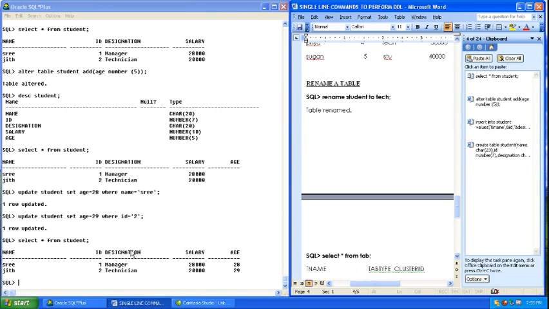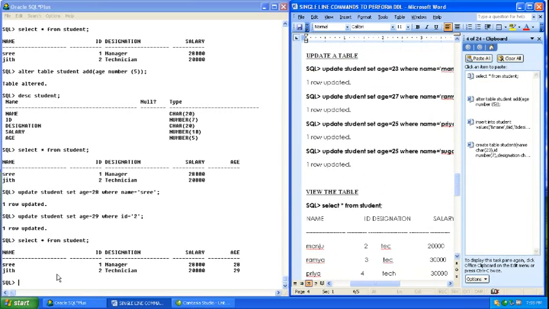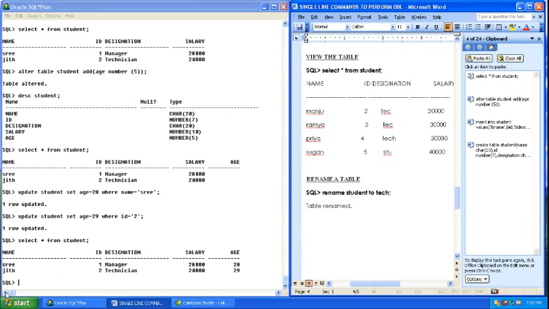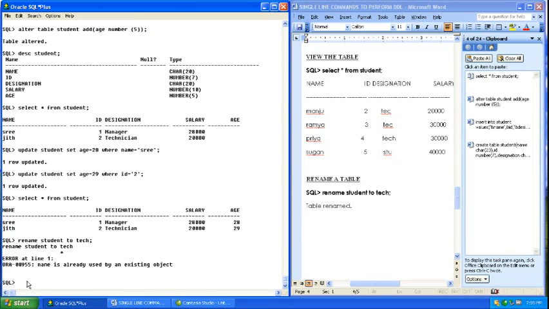Now I would like to rename the table. Instead of student, I am willing to rename it as tech. Let me show you. Here, rename student to tech. It displays that the name is already used by an existing object, so I have to replace it with some other name, or let me drop